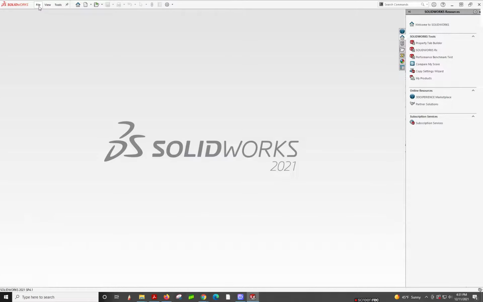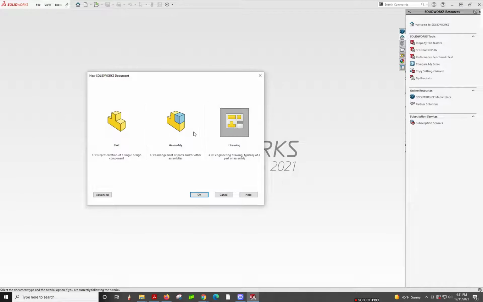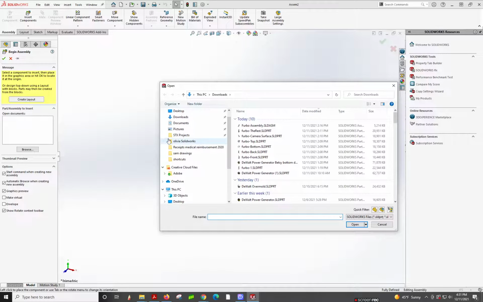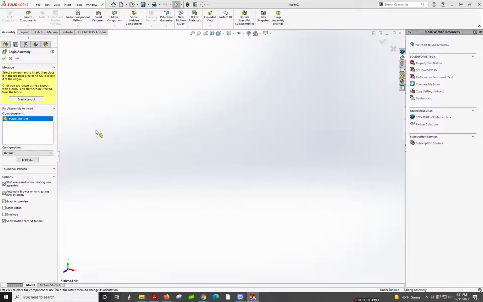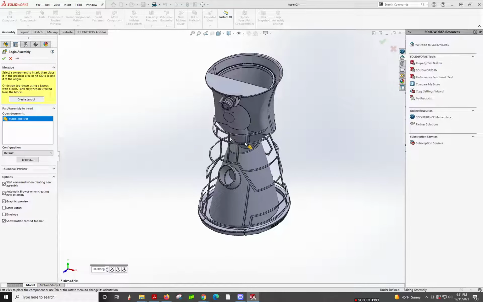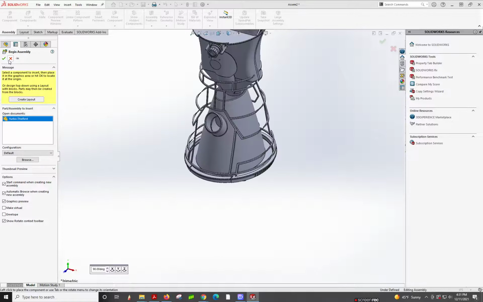Don't save. File. We're going to make a new assembly. So this is important for how to do this. We're going to start at the top and go down. Open. So if I click here, I'll have to do all sorts of different mates. I don't want to have to do mates because I hate doing mates. They're all located because they were built together at the same point of origin. So if I don't click here and I only click here,